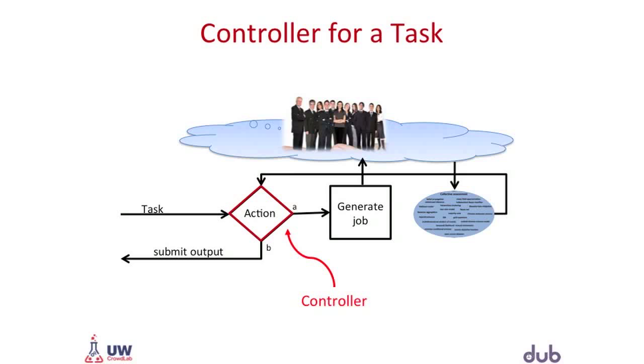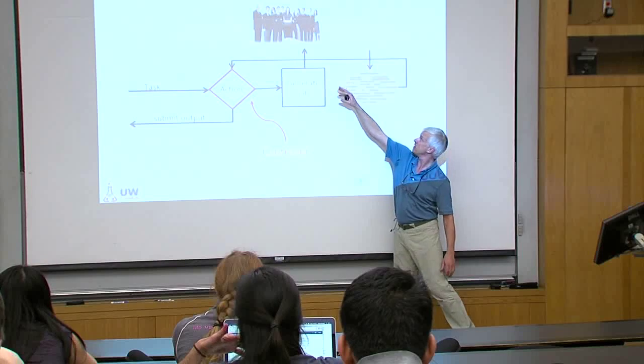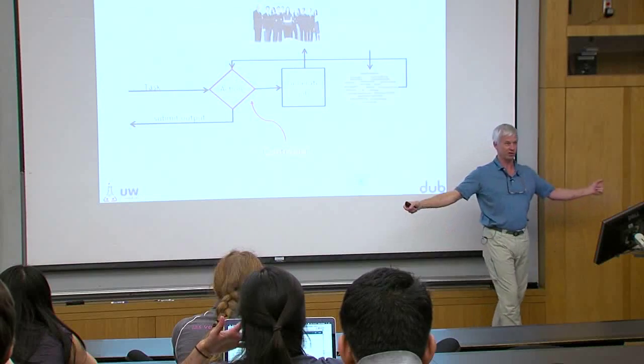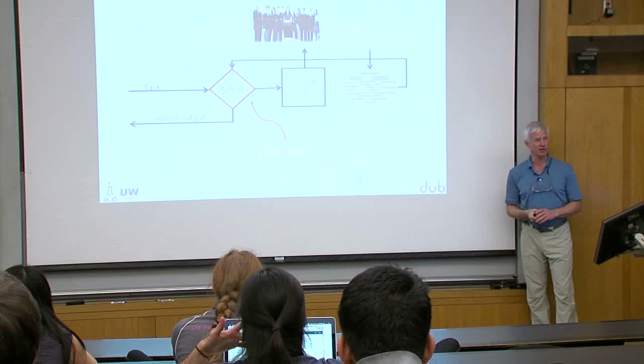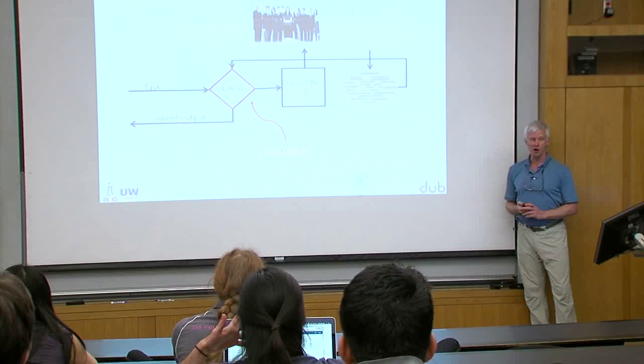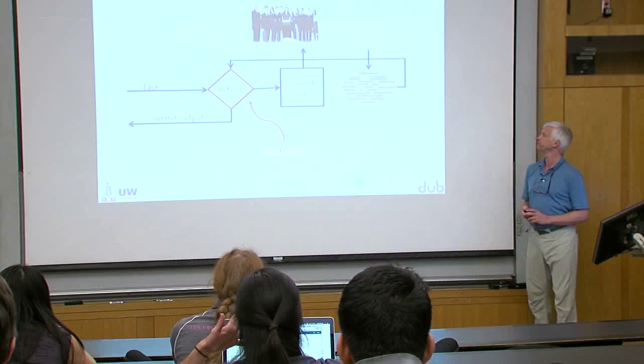So I'm going to show a number of different systems today, and they all have this basic paradigm where we've got a controller that's trying to figure out what action to execute. That's going to be sending some sort of actions to the crowd. So it's going to be generating a job, sending it to the crowd. Then we'll be doing some state estimation using EM and the kinds of techniques I mentioned before, and then going around in a loop.